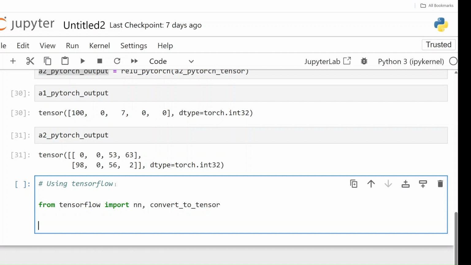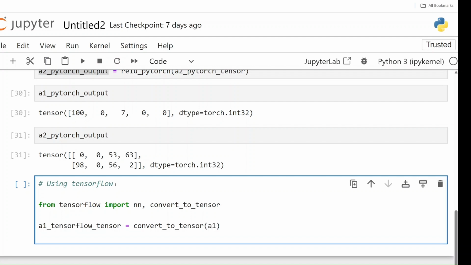Now again the same set of operations. First let us convert them. So A1 TensorFlow tensor is equal to convert_to_tensor, and we're going to pass our A1. It is already a NumPy array because we converted it earlier into a NumPy array, so it should be fine.